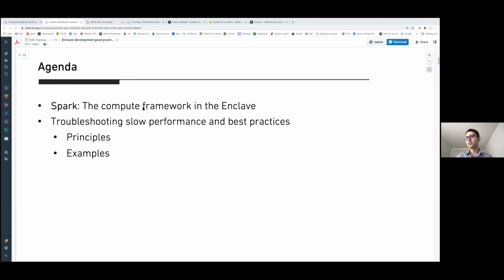Once we do that, I'm going to walk you through about 10 checks and principles that you should look for if you feel like your analysis is running slow or if you have out of memory errors. And along with that, we're going to be jumping into practical examples on a code workbook to show you how it's done in practice.